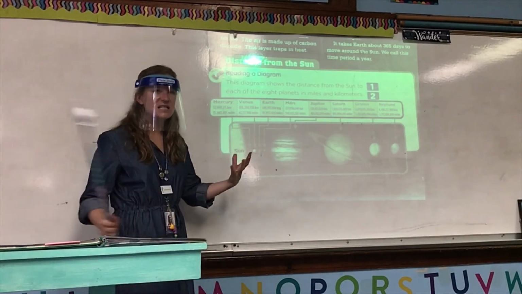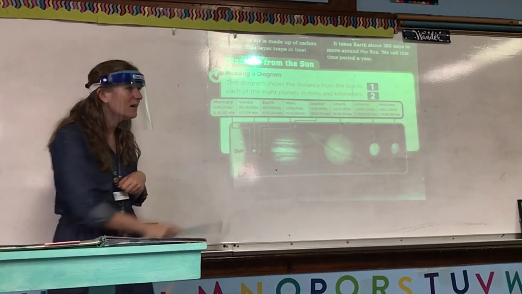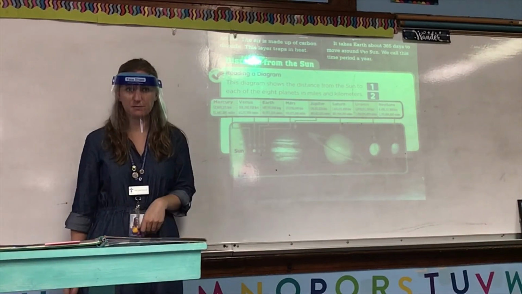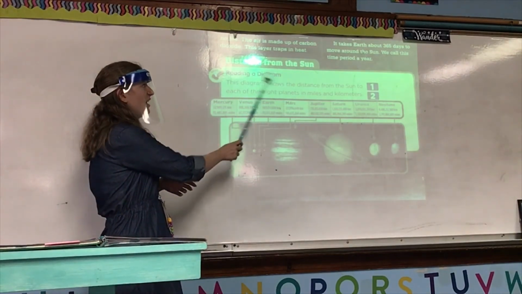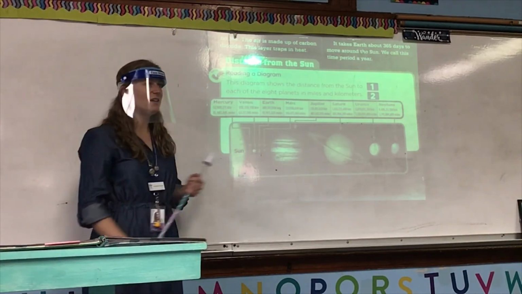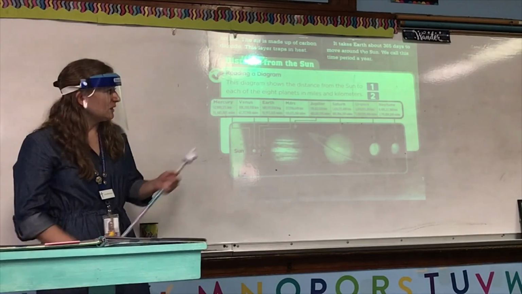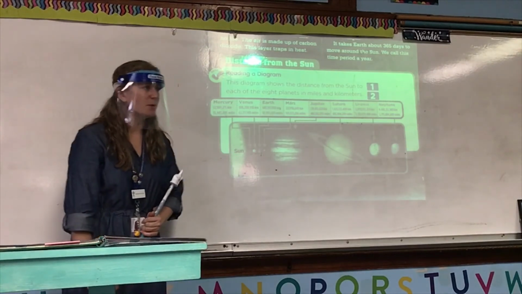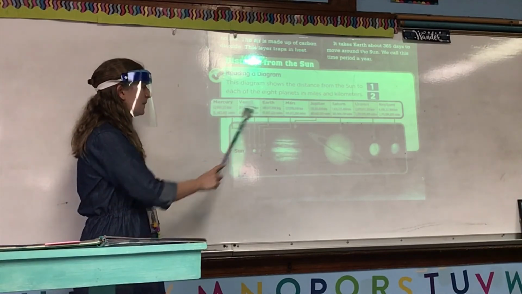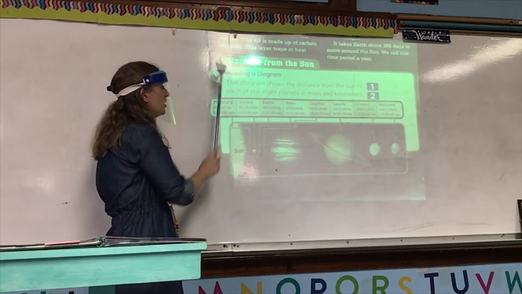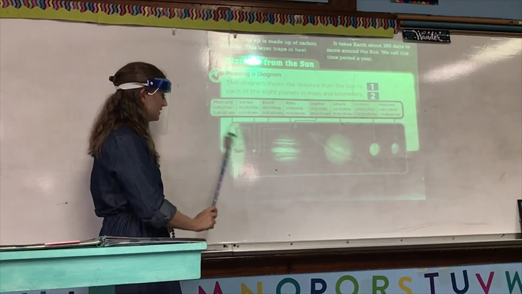And it gives us an idea of the sizes of the planets compared to each other. And then, of course, the sun, which is larger than any of them. So does everybody see? A diagram doesn't necessarily just tell us what the title is. Sometimes it shows us more things too. Labels will help you to see what information it's telling us. The labels tell us the planet, and the title shows us that each of these numbers is how far the planet is from the sun.